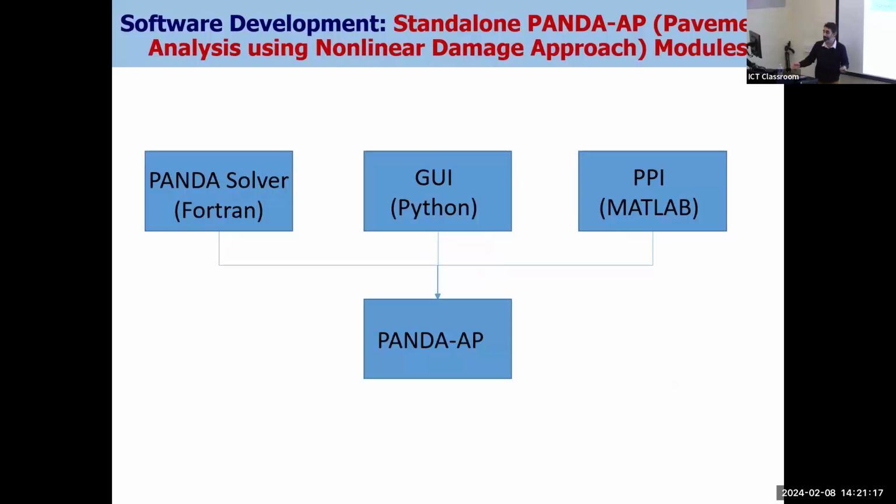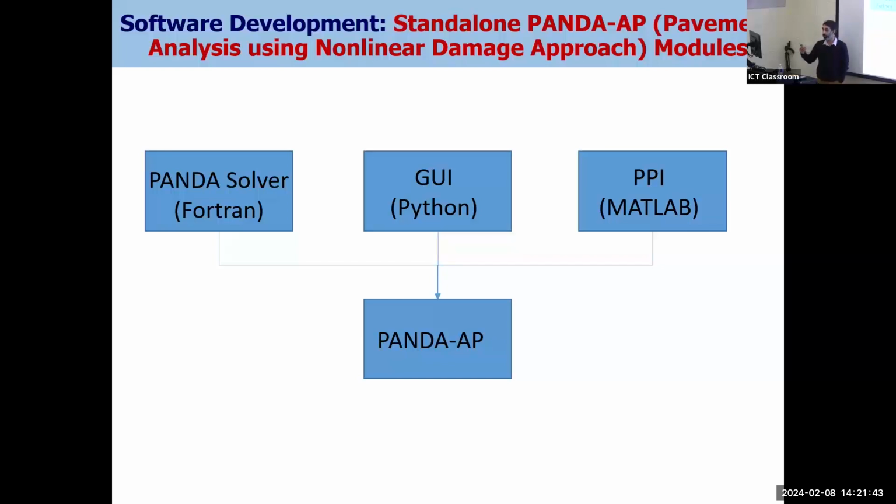So we said, well, we know a few programming languages, and how hard could it be? And yeah, sure, we'll develop it. So we started working on that. And of course, it proved to be much harder than we thought. But the components that we have right now: we have the Panda solver, the GUI, which is the user interface, in Python. The solver is in Fortran.